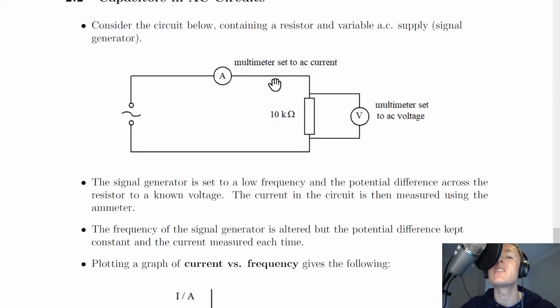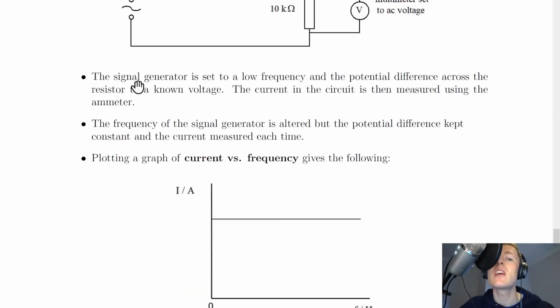When you set up an AC circuit like this, you need to make sure that the ammeter and voltmeter are both set to measure AC current and voltage rather than DC current and voltage. It then says that the signal generator is set to a low frequency and the potential difference across the resistor to a known voltage. The current in the circuit is then measured using the ammeter, so we'll get values of